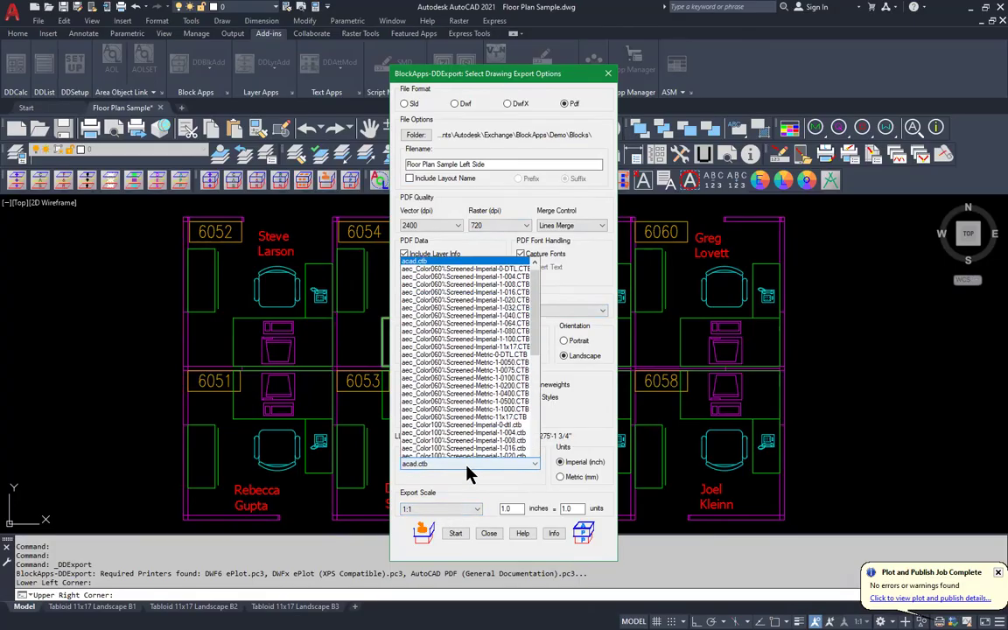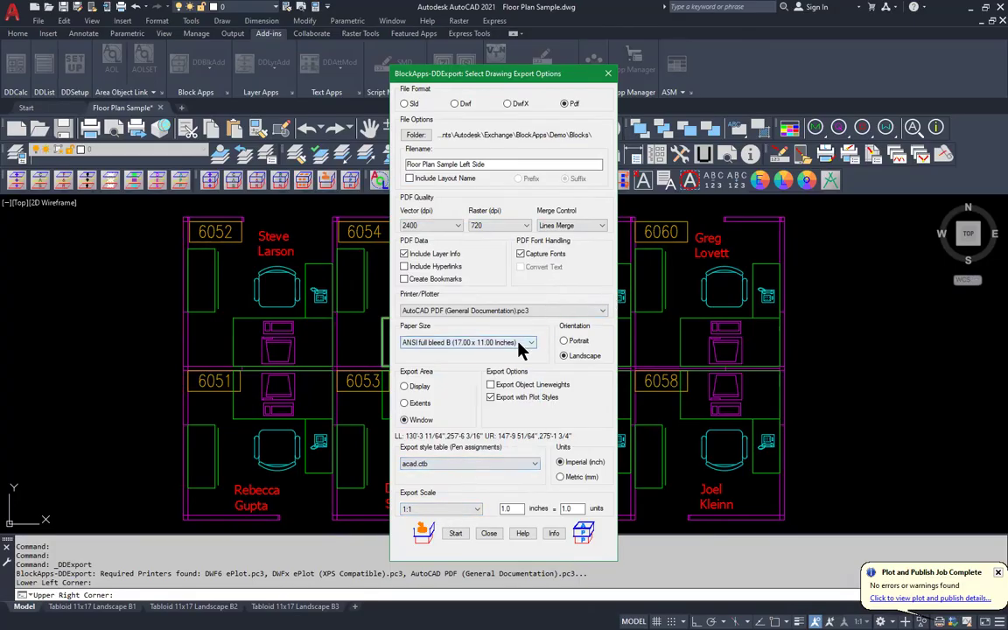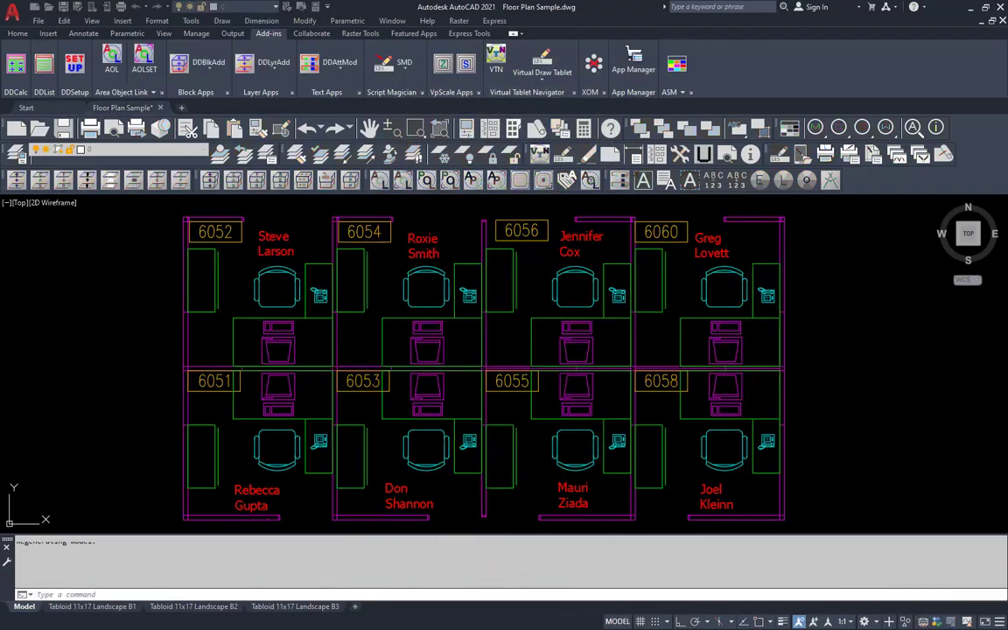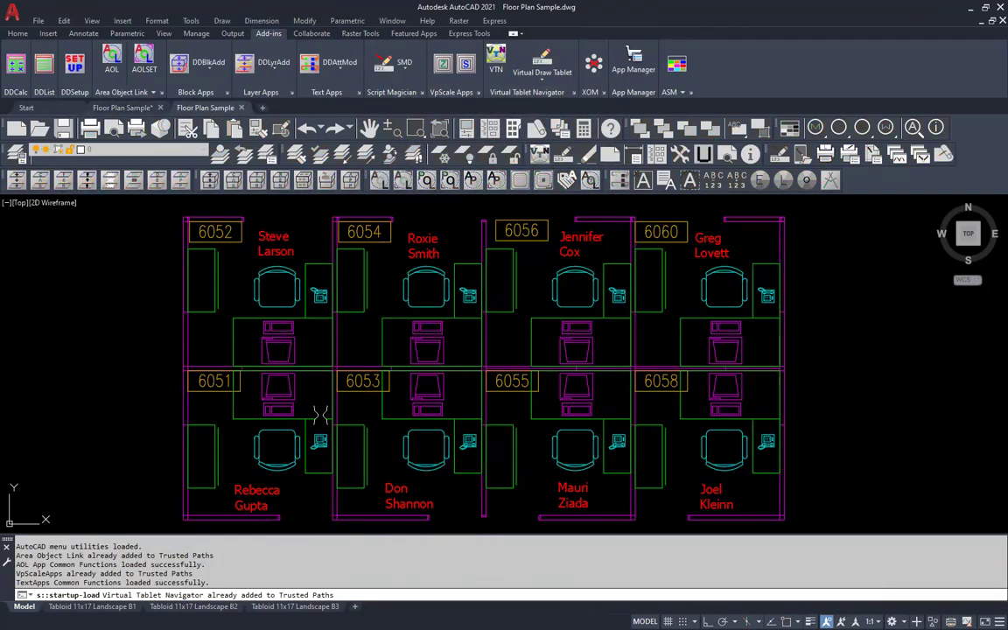In this case, I'm going to use acad.ctb, so there'll be color with the left side. I know what scale fits. In this case, half-inch scale will fit. I could have chosen fit too, by the way, but in this case, I'm going to do half. All right, click start. So now I'm going to export just that area that I selected as a PDF file,